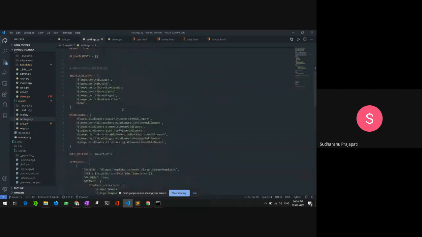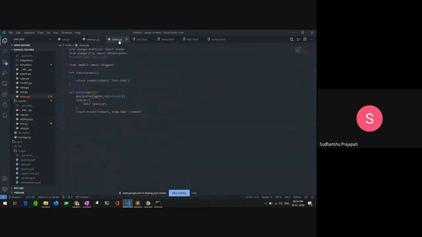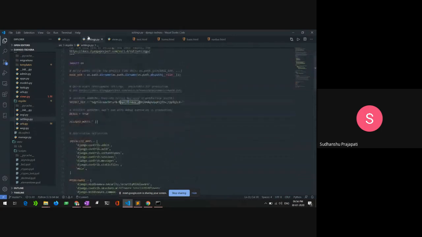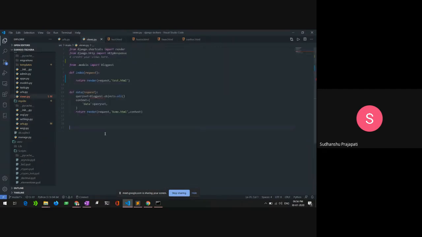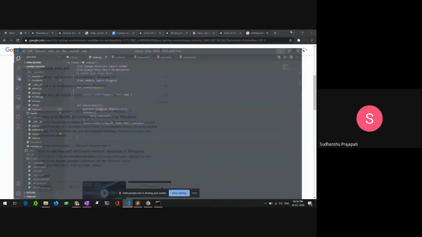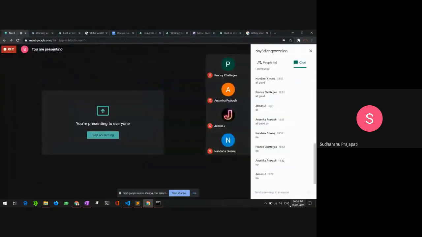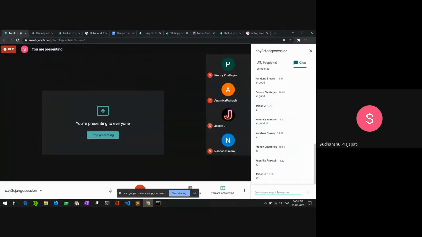You need to store them in your environment variable rather than in your settings.py file, because it's a very bad habit to save all your secrets inside settings.py. Someone might get inside and figure out all those things and you might lose something very big.